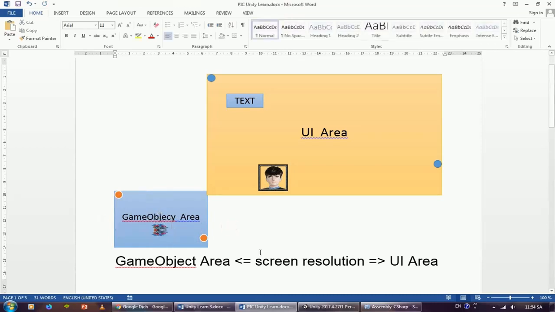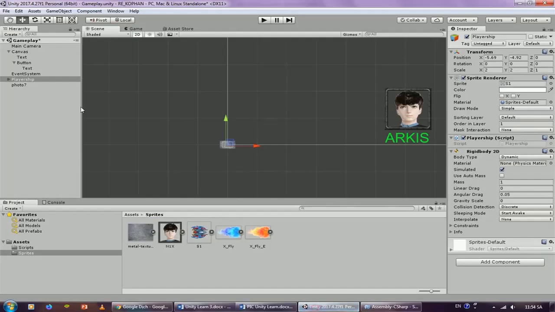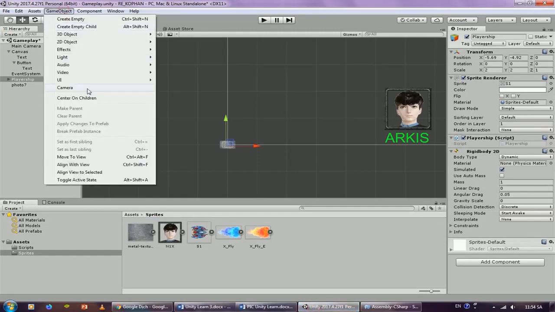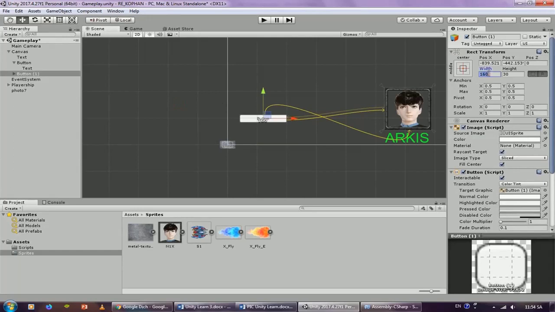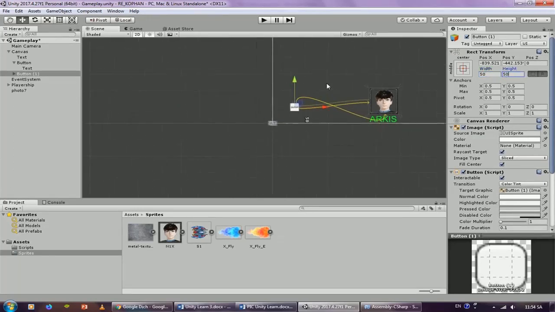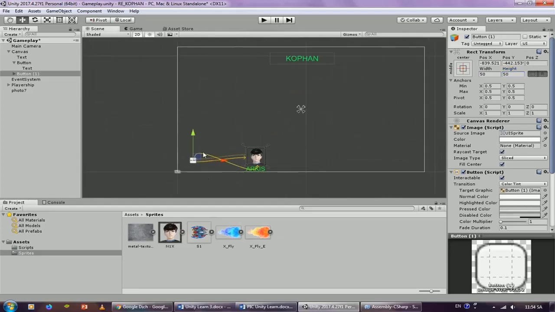How to do it, I will go through the script. In Unity I will create 2 button objects. Size 50. Put it in the upper left corner. I name it position UL, up left.